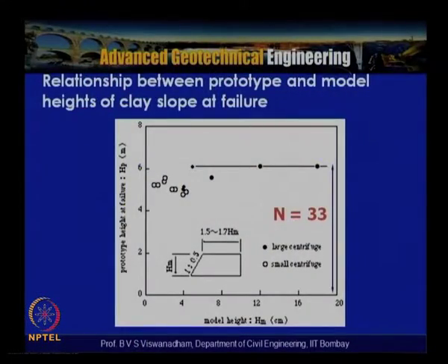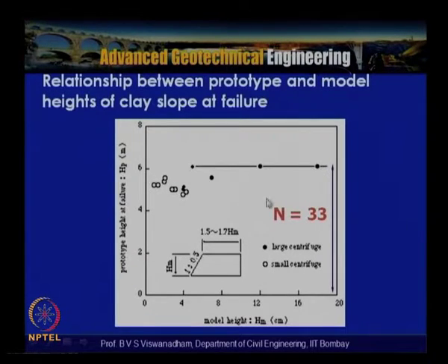So this shows the requirement of a centrifuge based physical model test to induce failure, and it means that the critical height of the slope is nothing but 33 times 180 mm. That is the equivalent height in meters, the critical height of the slope in this particular soil at failure. This relationship between prototype and model heights for clay slopes at failure is shown here. Here HM is equal to 18 centimeters. The slope is found to fail at 33 gravities, which corresponds to a height of about 6 meters.